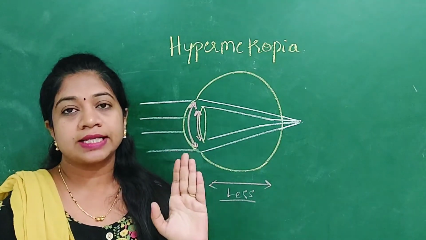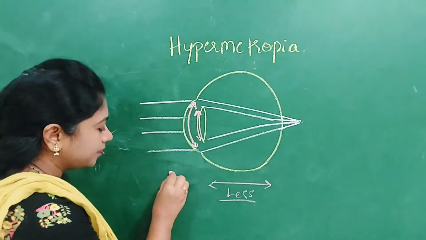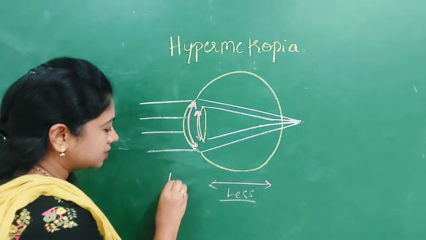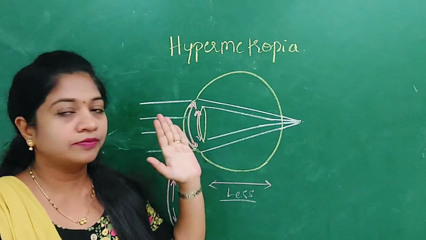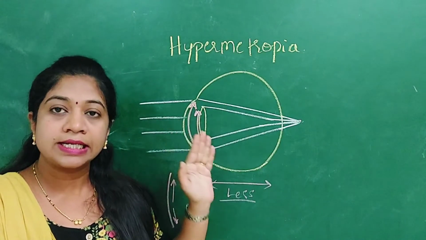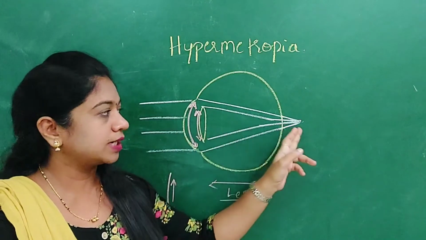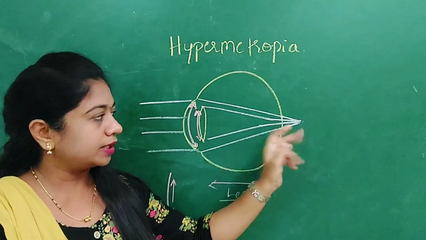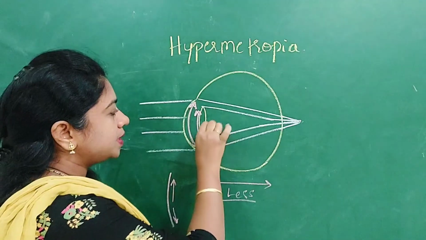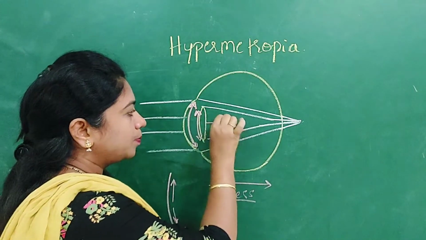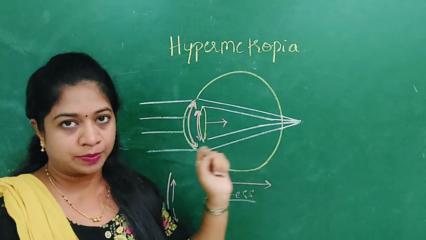So the cornea or the lens becomes a little flatter compared to the normal one. The curvature becoming flat means the radius of curvature is increasing. So you can take it either way, either flattening of the curvature or increase in the radius of curvature. That is the second mechanism by which the rays get focused behind the retina. And the third mechanism is if there is displacement of the lens posteriorly. If there is posterior displacement of the lens, again there is hypermetropia.